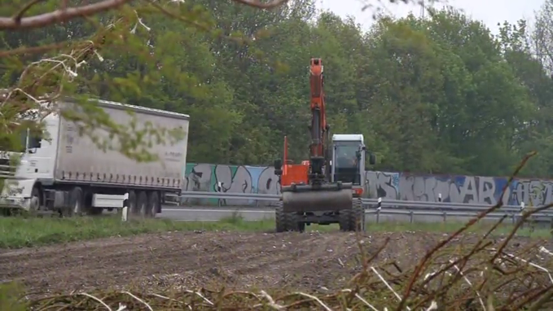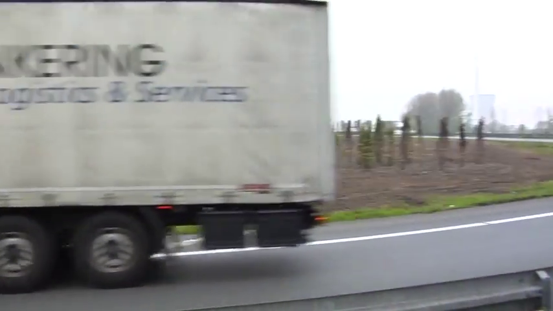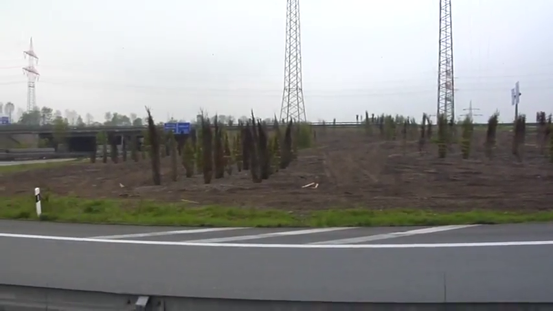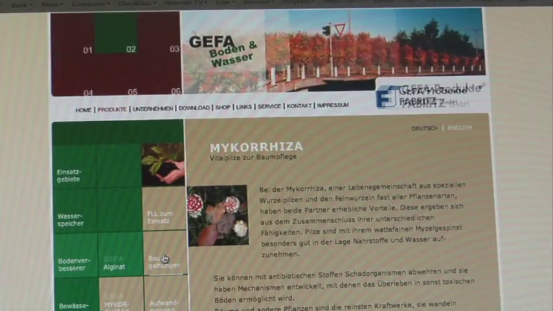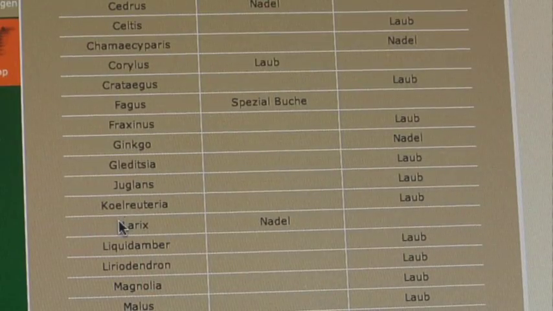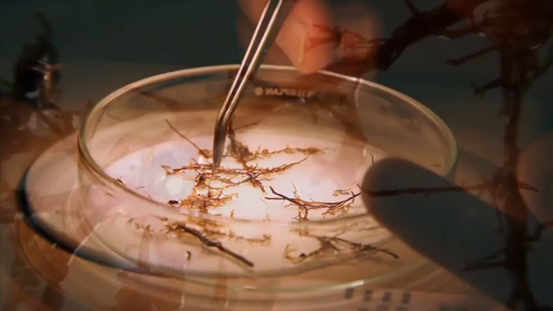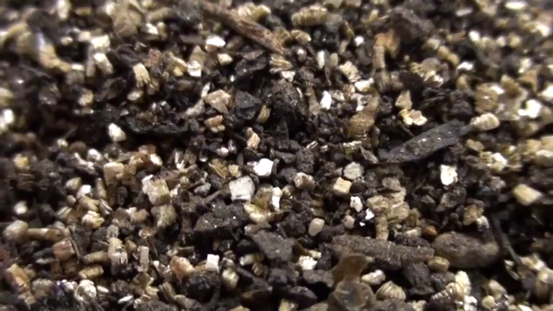In order to create such a perfect plant environment in artificially created locations such as roads and inner city areas, it is possible today to make use of this ingenious form of coexistence provided by nature. The decisive factor here is to select the appropriate root fungus in the GEFA mycorrhiza table and use it accordingly. The highly efficient GEFA mycorrhiza vaccine, which is specific to the type of tree, fulfills the specifications of the FLL. It's freshly harvested by GEFA before being mixed and dispatched in line with customer wishes, individual, inexpensive, and specific to